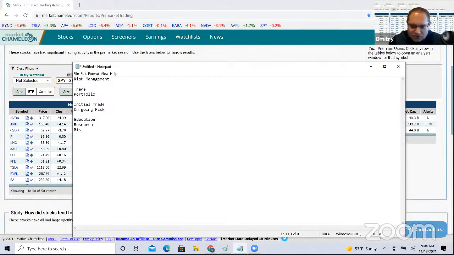Then you have risk management, portfolio management, and then you have your execution system, right? It's how well you are executing your trades and so forth. So all four have to work together, and you can't just skip over to execution, which is usually what people do, where they'll take one of these and go to execution. But once you skip any of these, it really doesn't work out well because you're missing something.